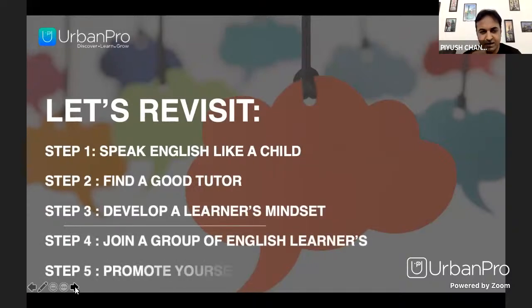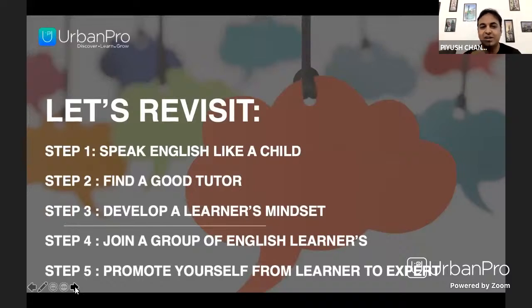The step 1 in this exercise is you have to start speaking English like a child. Just get on with it. Okay, don't stop yourself. Just get on with it. Just start speaking like a child. There's no stopping. Just speak. Okay, whoever, whatever. If you've seen a child, they're not worried about whether they get the necessary audience or not. They continue to speak